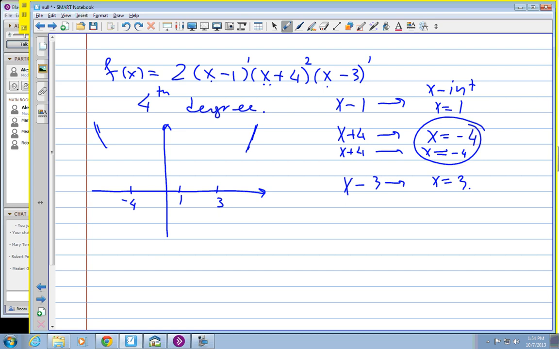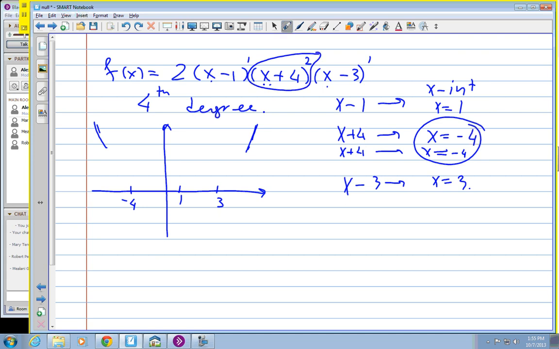Well, how are you doing that? So let me do the magic pen. So down at negative 4, up at 1. And I ended up in the wrong part, right? How do you do that? Yeah, you're right. So actually what will happen at negative 4, because that term is squared, basically what it's going